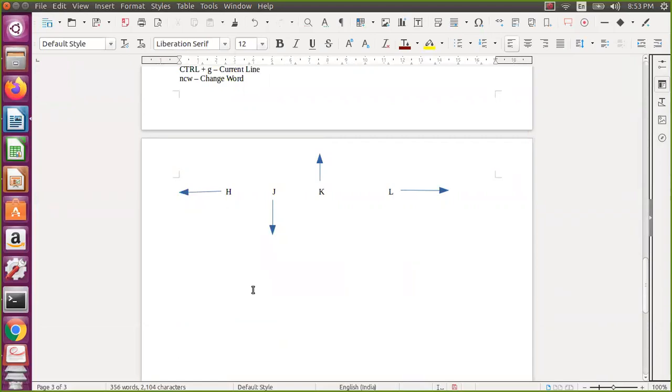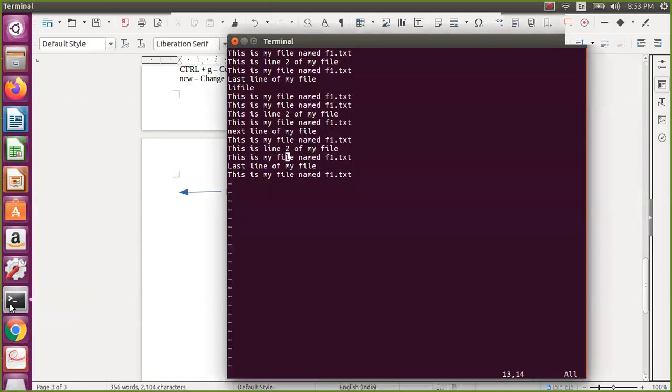So why do we need to navigate? We have the arrow keys. That may be the first thought actually. So why do we need this? Because in some cases the arrow keys may not work. In that case, you need to navigate. In some exceptional cases, the arrow keys may not be working, or there is some terminal setting problem or something. Then this will work 100% actually. So let us check on that.